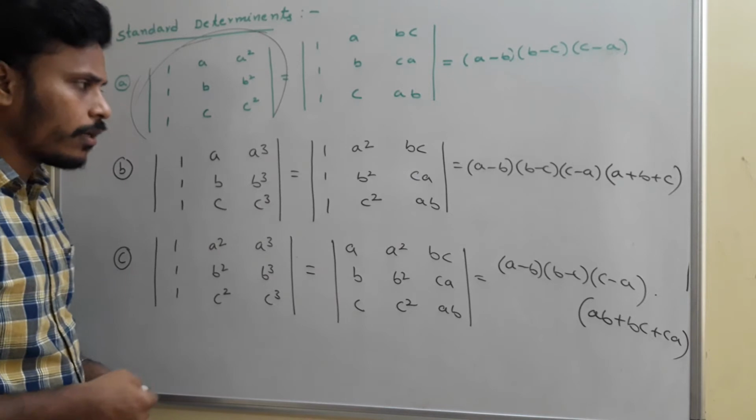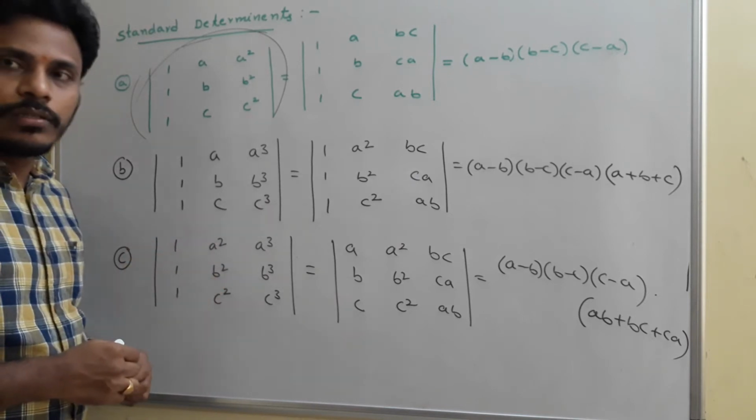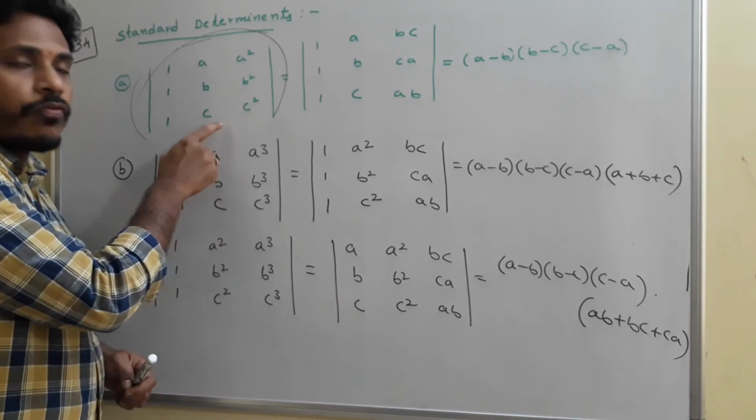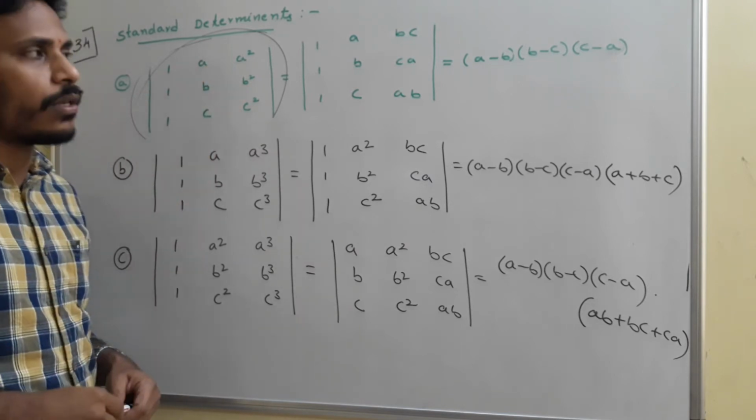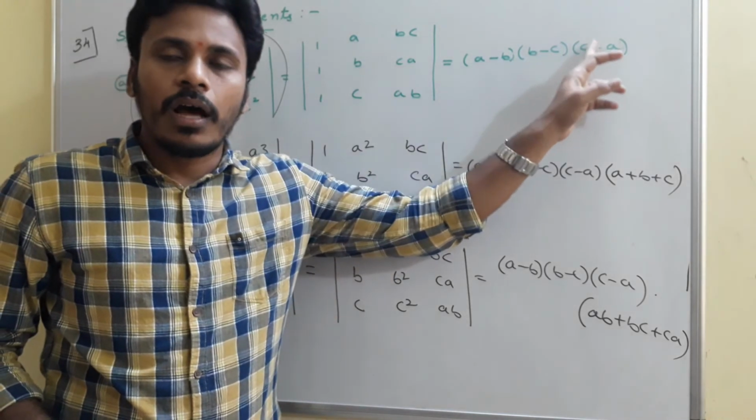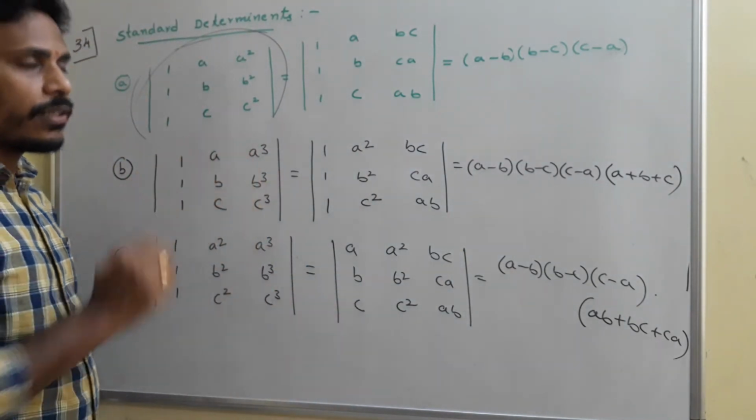I will give you once again. See, if you observe all these ones, as I mentioned for the first one, here 1 A square, and the power of the variable part is 3. So here you will get the answer also. The power should be 3. You will get 3 terms.